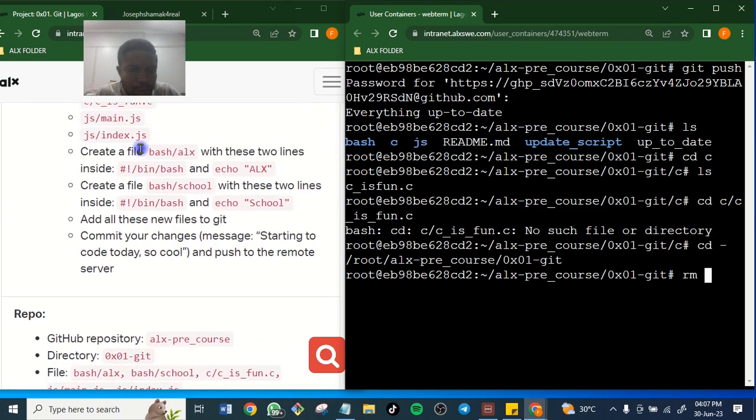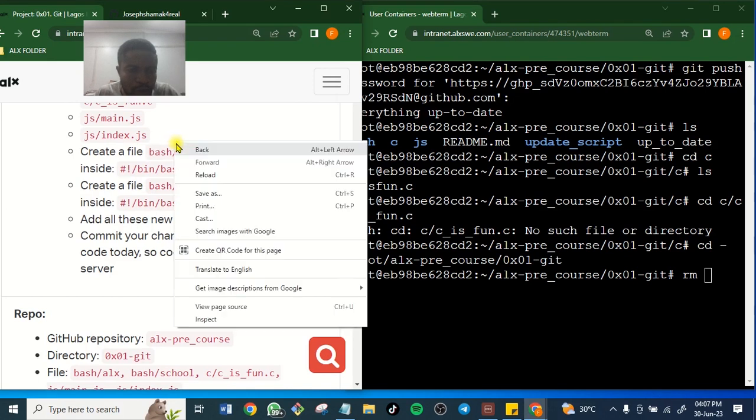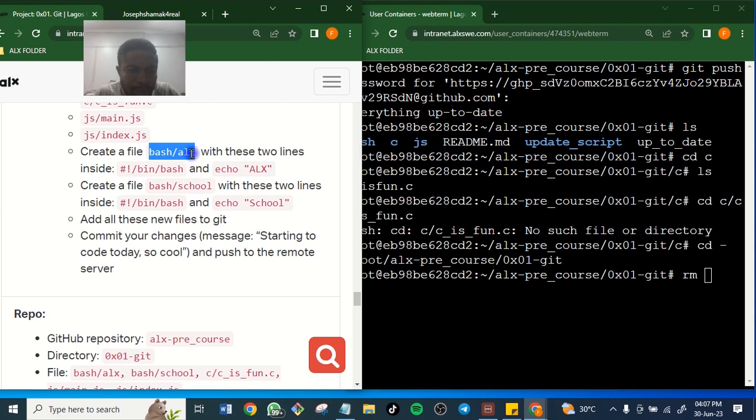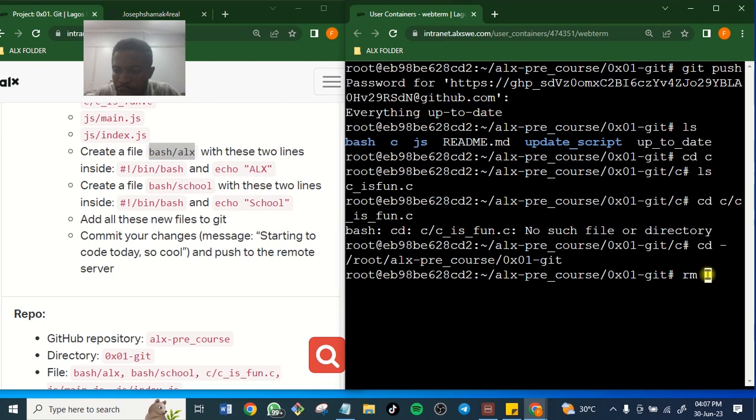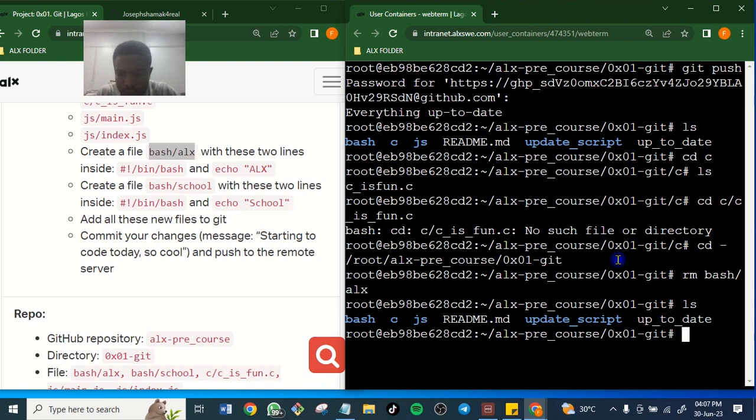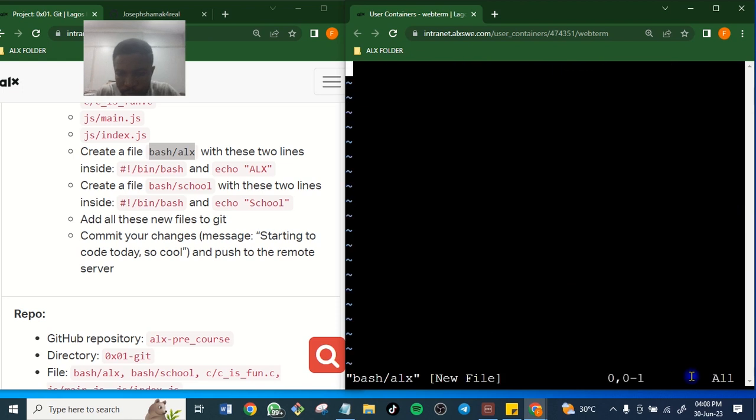You may not understand what I'm doing, but I will explain to you. This has been created before, so I'm trying to see if I can delete it from the previous. ls. .alx has been removed. So you see that it has been removed.